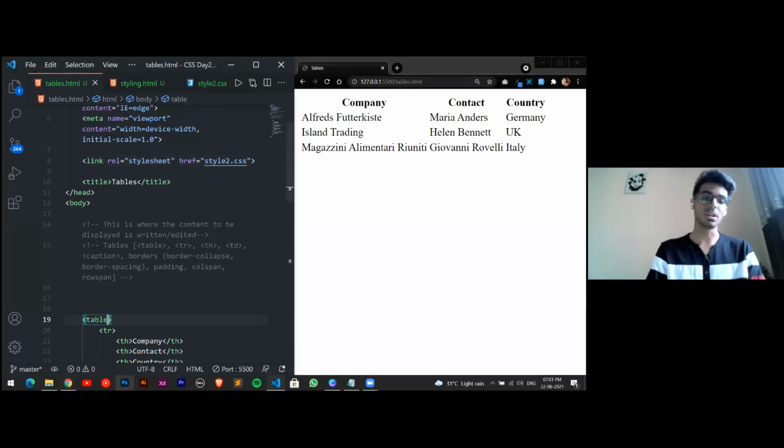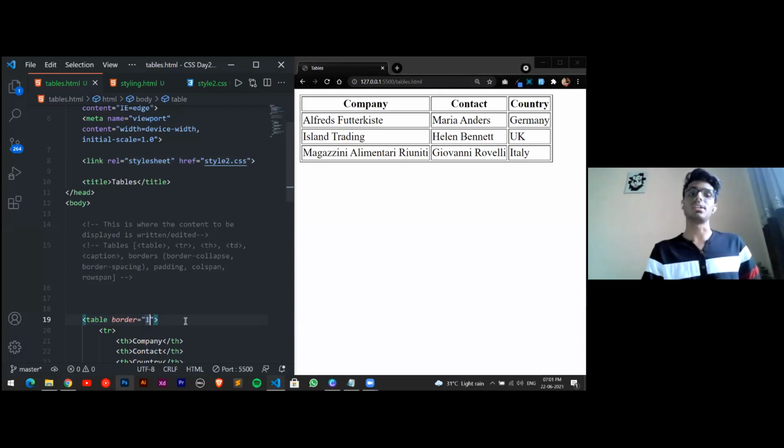So we have two conventions to do that. First one is a border, and I'll give a 1. So this will use the default HTML border. This won't use the specific one which we can modify, we can color. As you can see, this is the default HTML border. It somewhat looks old, and nothing new over there. So okay, we won't use this.